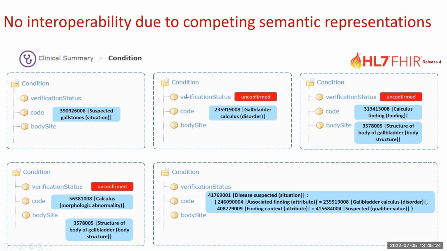And this is really a huge problem. You have those standards, but you have no interoperability due to competing semantic representations without any possibility to identify that they are equivalent or very close. Maybe neural network technology will help us to compute also the semantic distance of those different representations. But for this, you need really millions of instances of such training data.